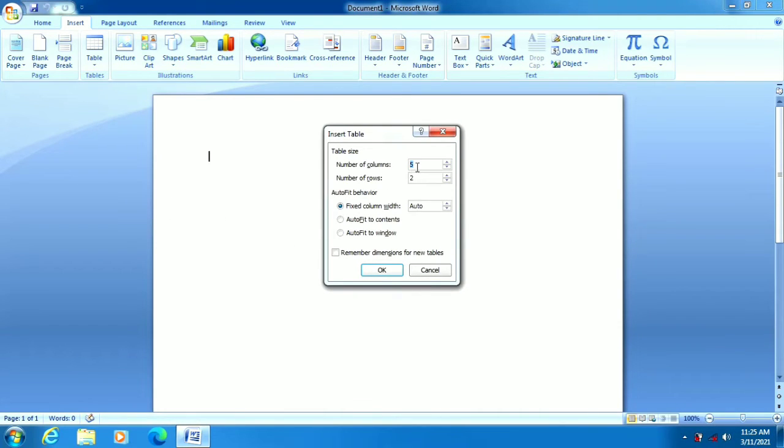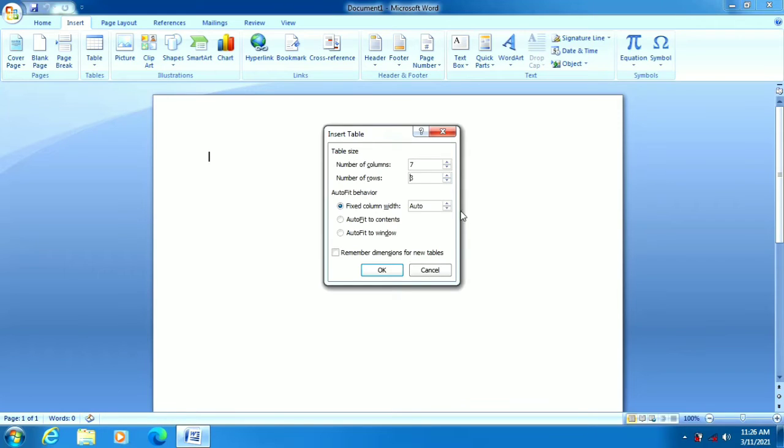The Insert Table dialog box appears as shown here. Specify the numbers of columns and rows you want to create in the number of columns and number of rows fields. You can also use the arrows to increase or decrease the number of rows and columns. Click OK. By default, Word displays 5 columns and 2 rows in the Insert Table dialog box.